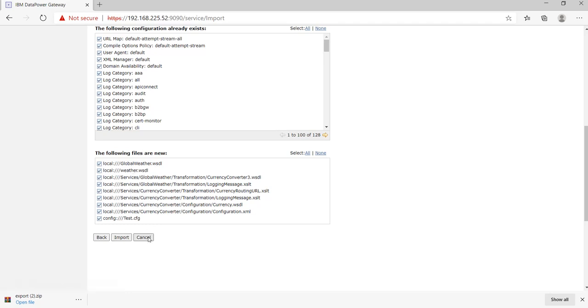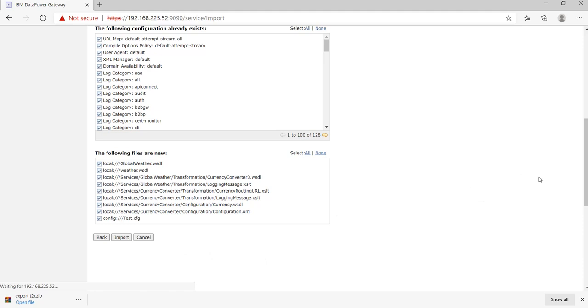Sometimes it may happen that some file will be missing, so after importing the domain, you should check that all files are in place or not. So we'll import here, just check carefully that all files are available. As of now, we'll click on import.